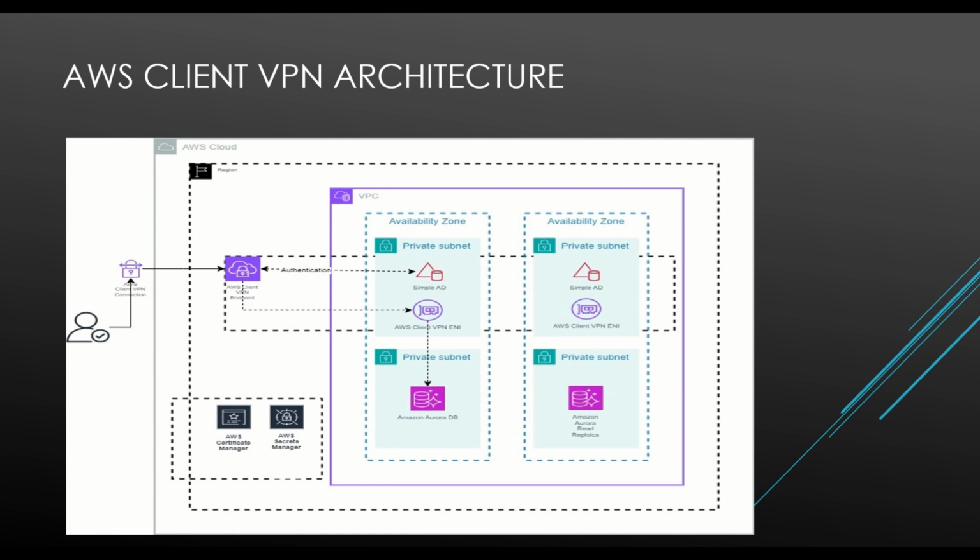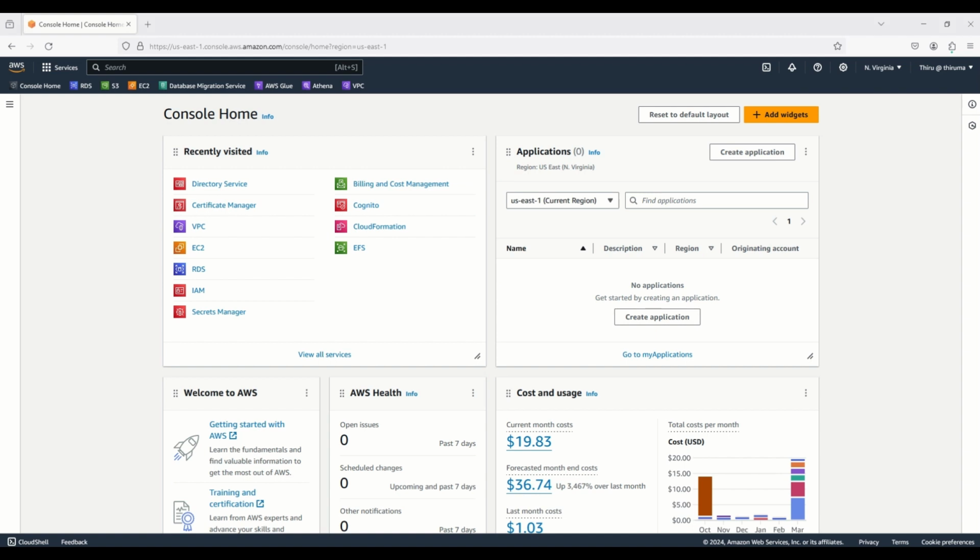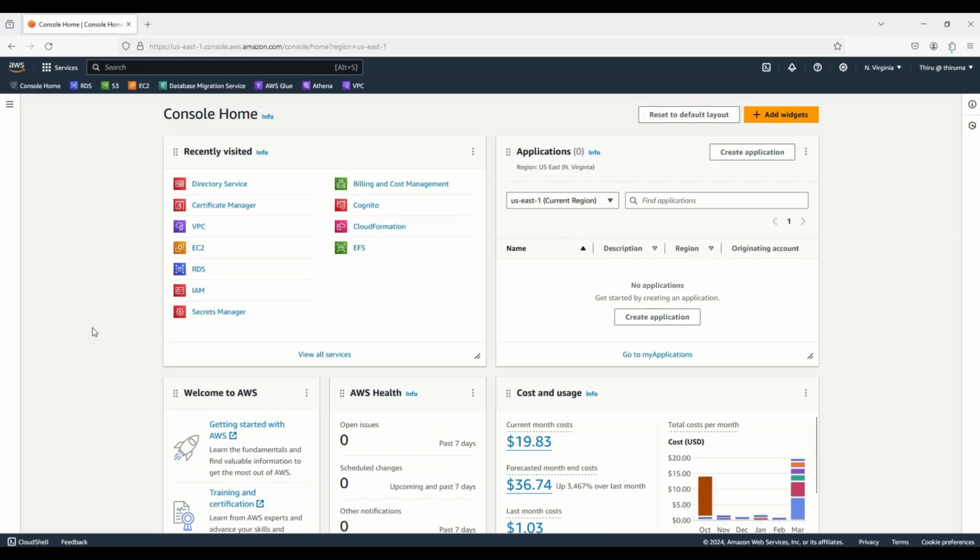So I think that's enough of a presentation. Let me show you the AWS console, and then we will take it from there. I'm connected to the AWS console. I'm in the console home, and I will show you the architecture that I have already implemented for that Amazon Aurora database. Let me go to VPC,